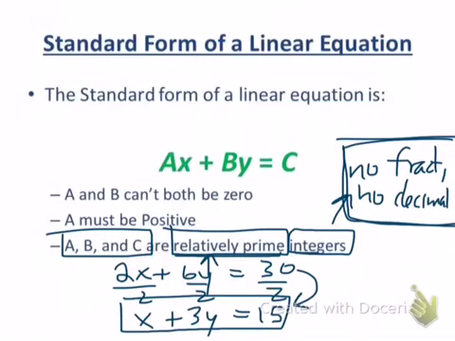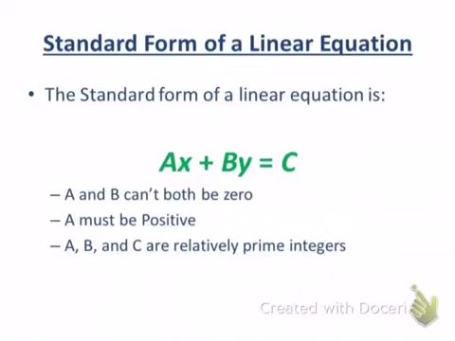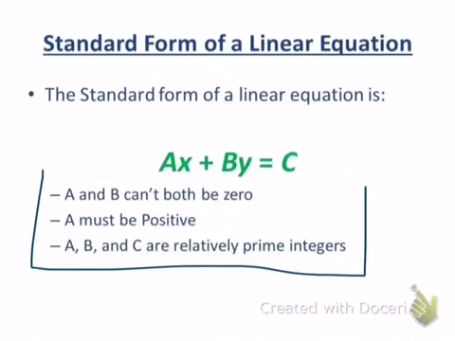They can't all be even. They can't all be divisible by 3. They can't all be divisible by 5. So they have to be relatively prime. And what relatively prime means is that they can't all 3 be divisible by the same number. Okay? Now, under these conditions, everybody everywhere will always come up with the same answer if it's asked